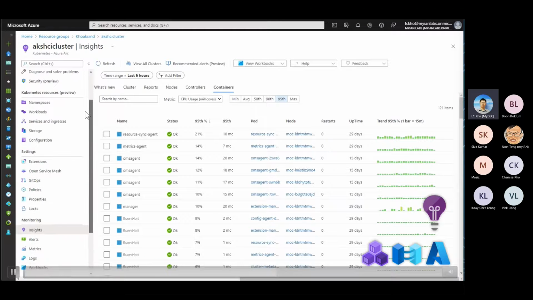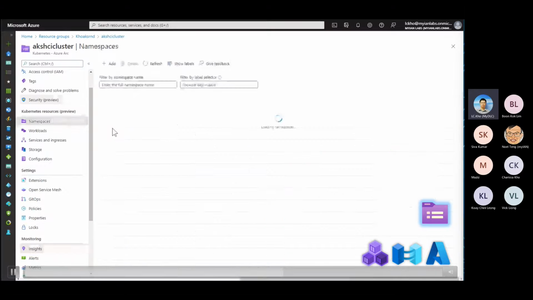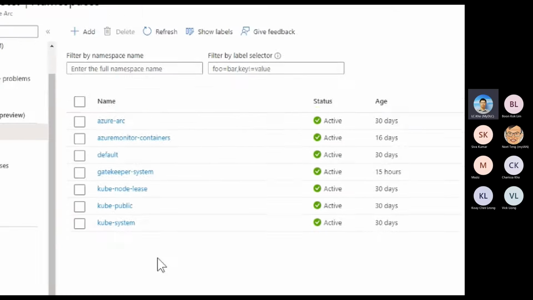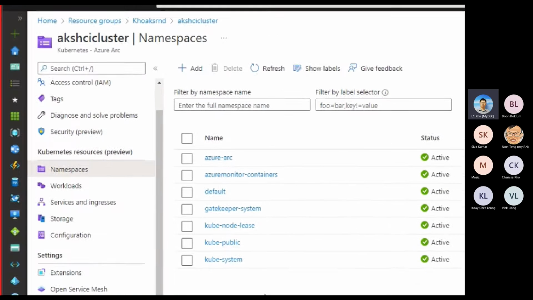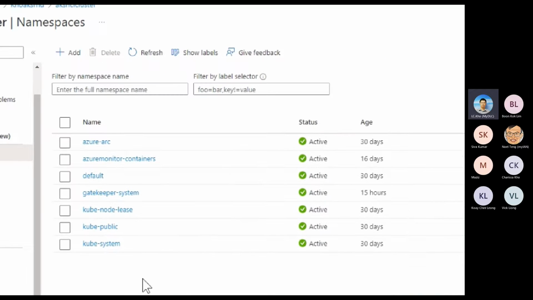Last but not least, I wanted to show you the Kubernetes resource panel, which is currently in preview for Azure Kubernetes Service. In this panel, I can have an overview. Let me pause here. Here, I can have an overview of namespaces. For example, this namespace is very interesting. It's the namespace that is currently running on my AKS cluster. For example, the Azure Arc namespace is running at the moment,